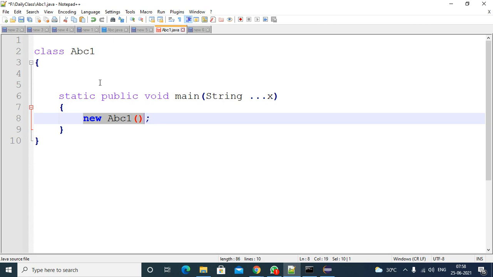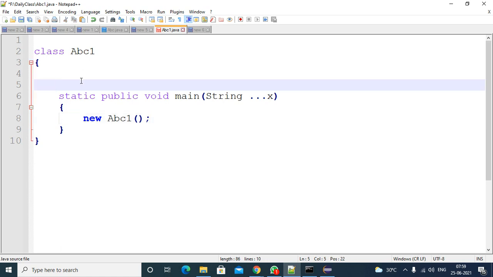Then the constructor call. Instance members are not there, instance blocks are not there, constructor is also not there. So if you create an object, the constructor has to be called. The constructor is not there, so what will happen? Will you get an error?